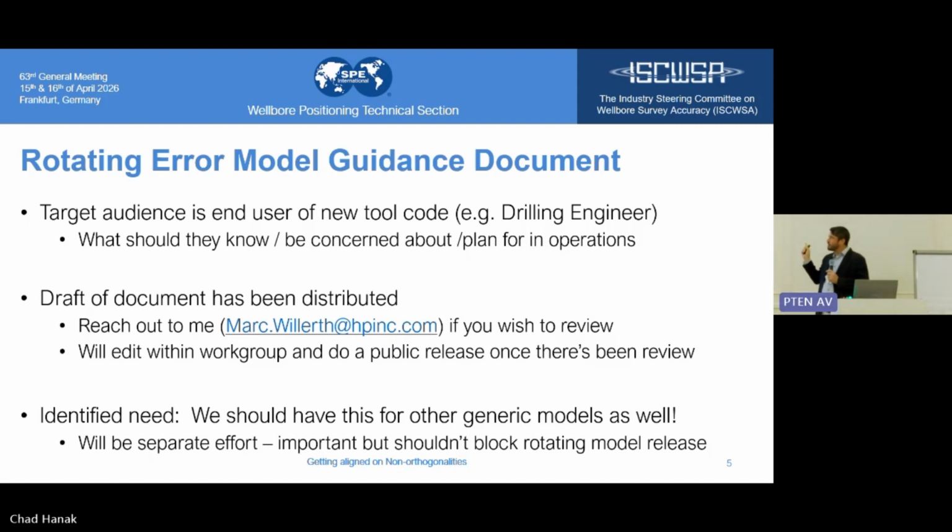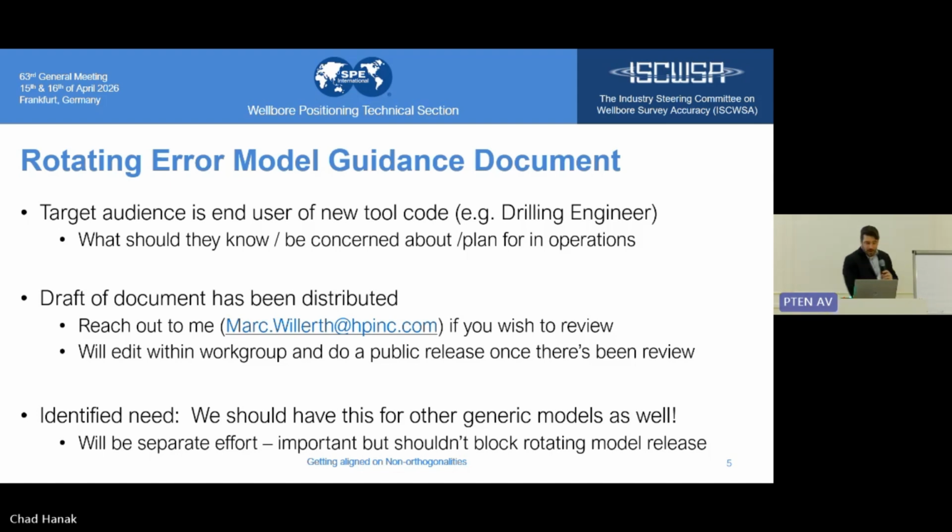I put together a draft of this guidance document. I distributed it to the committee prior to the meeting for review. I'm going to try to get a round of feedback. I am intentionally not publishing it on the website for review because I don't want this draft to somehow get conflated with an official document we're going to make later. If anyone would like to review it and provide feedback, please let me know. I'm happy to share it. I just don't want it getting misconstrued as something official as opposed to something we're considering.